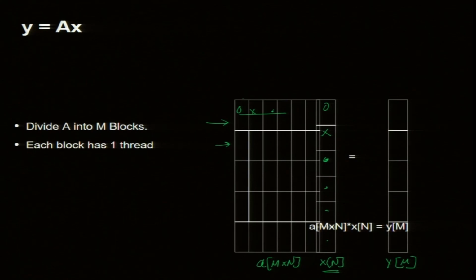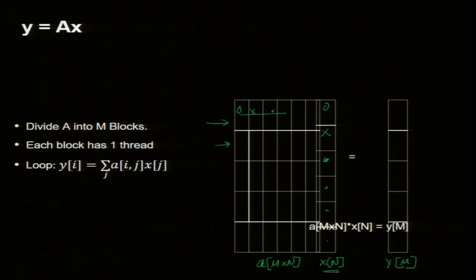So, the first example is where there is only one thread. The first example is stupid. I am going to do the stupid solution first, with one thread each. If I only have one thread, then what should I do? I will be doing a loop. Loop is not very efficient, but we will just do it in a loop, and that is the answer. This is not efficient.